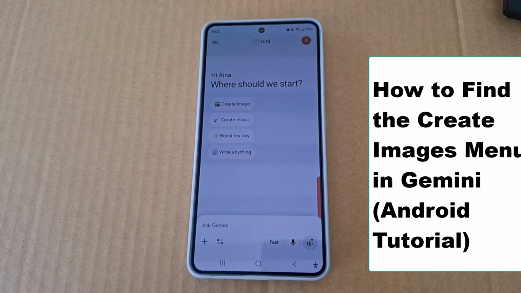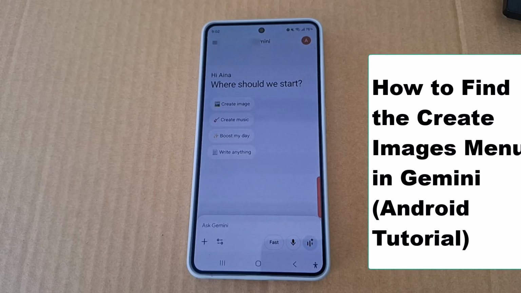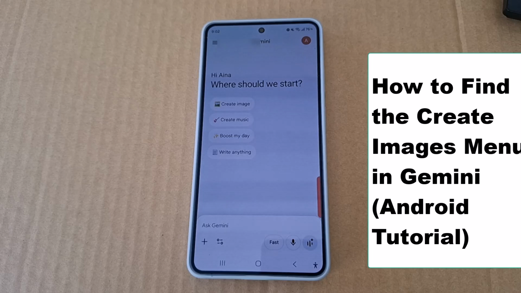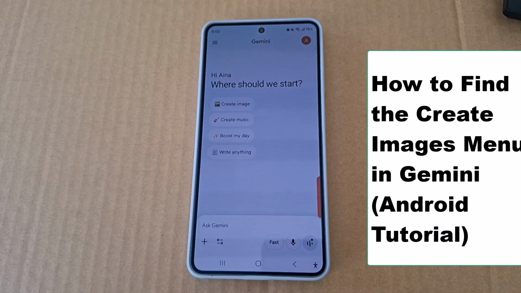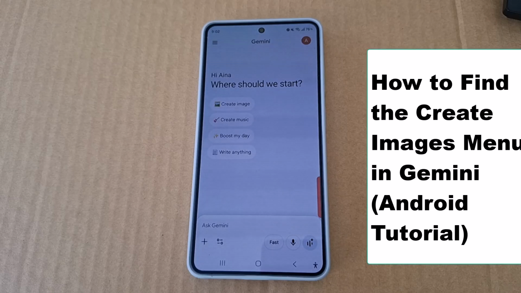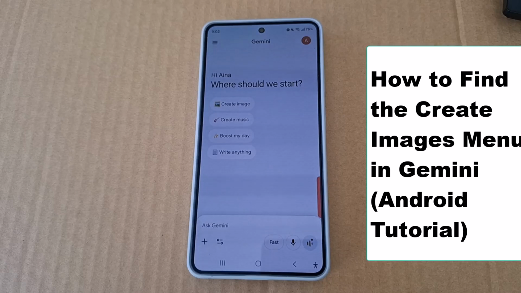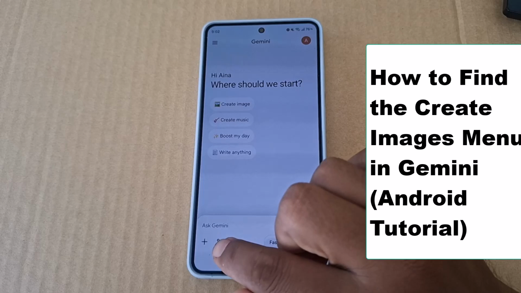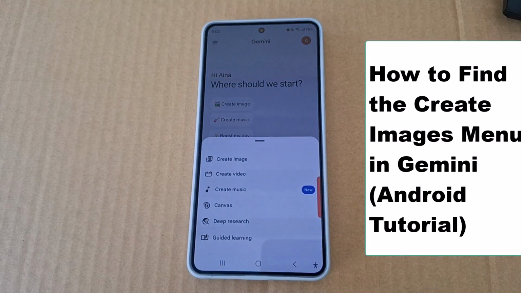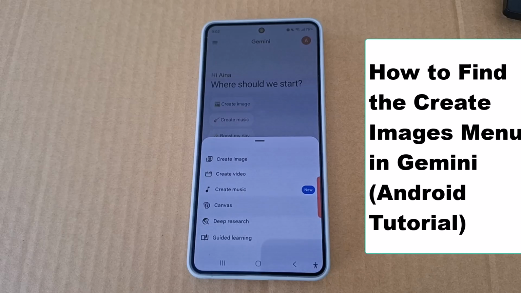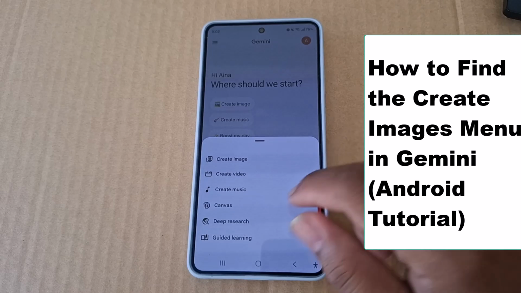Sometimes you will immediately see quick options such as create image on the main screen. If the option does not appear, don't worry, tap the menu icon that looks like a small list near the text box. This will open more options from this list like create image,